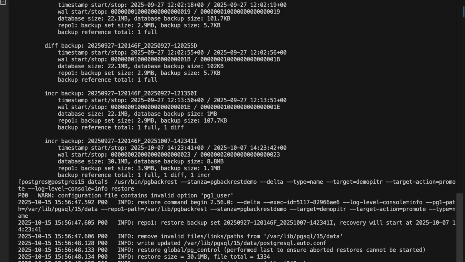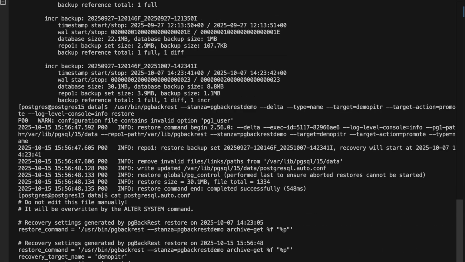Let's verify the postgresql.auto.conf. Here it automatically used recovery_target_name equal to demo_PITR, and the archive has been pushed, along with whatever else is in the auto.conf file. Okay, so that is done. Let's start the